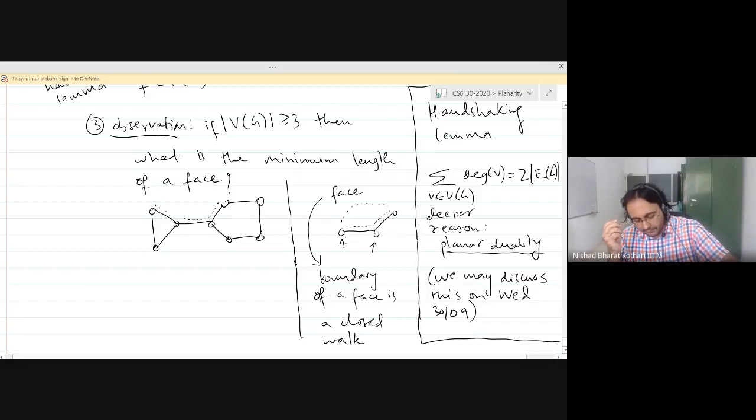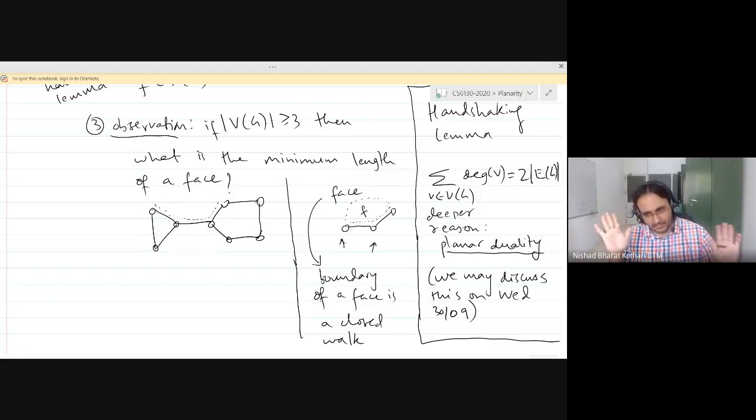So you only need the fact that the graph has at least 2 edges, and the 2 edges are not parallel edges, right? Because in this case, the length of the face is 2, but our graph is simple, so this can't happen. So we need just the fact that the graph has at least 2 edges, and that is true because the graph has at least 3 vertices, right? So any face is going to have this structure on the boundary, and that means that the length has to be at least 3, whether it is a cycle or any other closed walk.